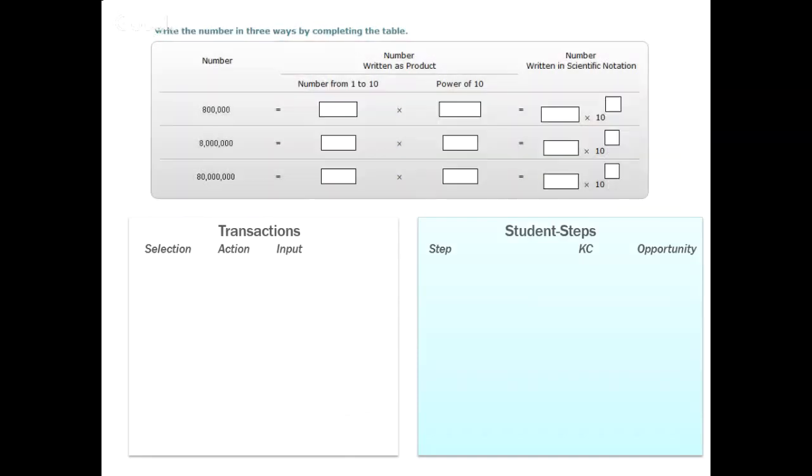So I'm going to walk through that same example. I'm going to do it a little quicker here, but student enters 8. Again, that's on the selection multiplier 1. The action is update text field, and the input they put in is 8. The step is called multiplier 1. The KC, or the knowledge component they're doing, we're calling multiplier, and this is their first opportunity to do that